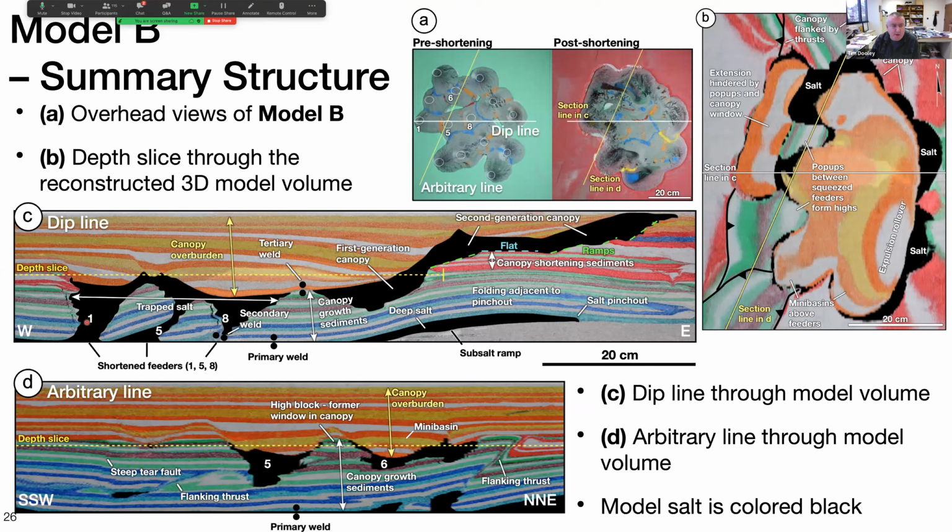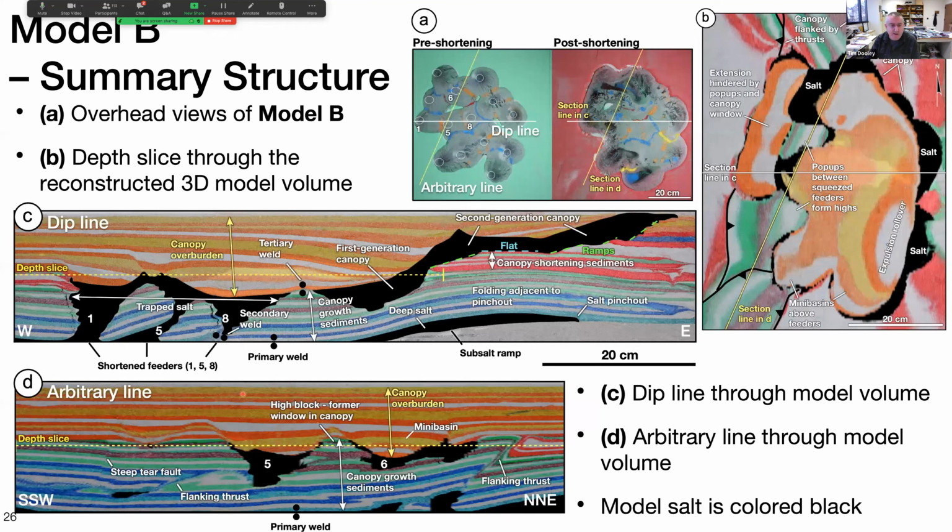And so our dip line shows, so here's fader 1, 5, 8, and we can see that we have squeeze shut. We have almost squeeze shut fader 5 here. Fader 8 is also shut. We've actually welded out, a tertiary weld on here. We've expelled salt upwards and outboard from our first generation canopy system into a second generation canopy system up here. And you can see that that ends up actually outboard on these ramp